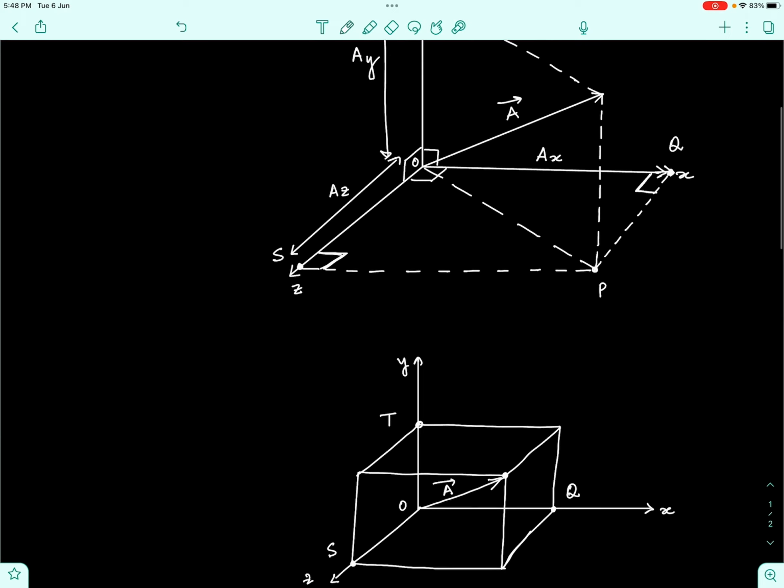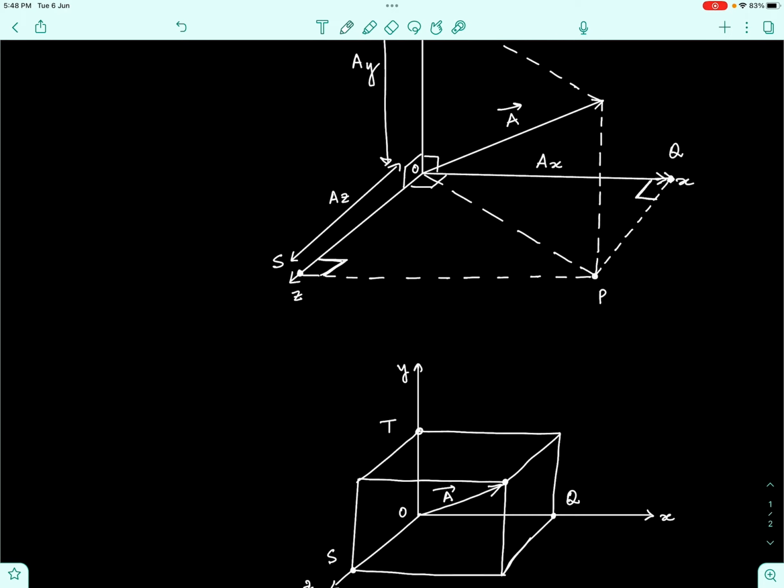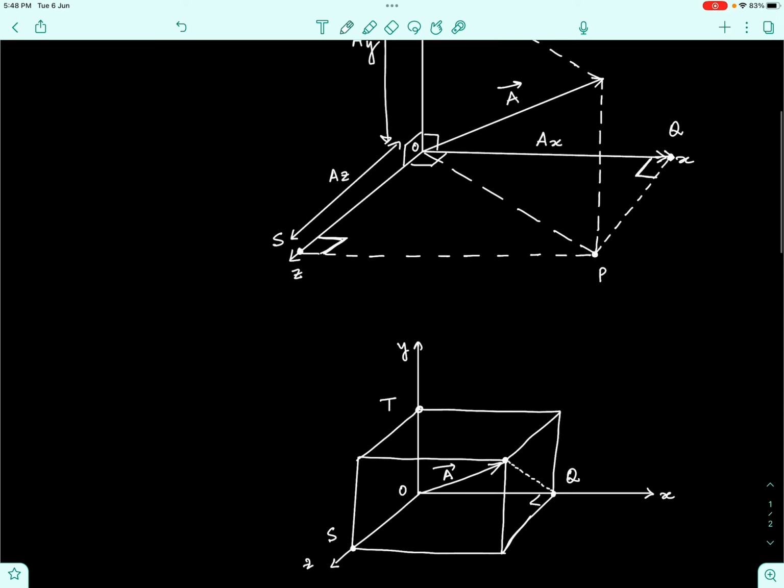So, see that the length OQ is along the x-axis, because this line is perpendicular to the x-axis. In fact, we can directly draw a line from the tip of the vector A onto this point Q. This will represent the x component, where this dotted line meets the x-axis. Then the perpendicular drawn from the point P to the point S, this is the point P here, and the